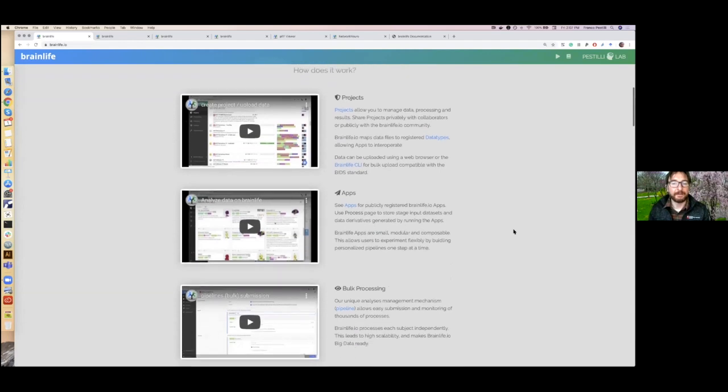So BrainLife is, normally we divide the workflow into projects. That's where most of the data management happens on the platform, and I will show you that next. And apps, which are the web services I was talking about recently. The apps are no more than GitHub repositories that often simply call shell scripts that can deploy Docker containers, Singularity containers, or also directly Python code or even MATLAB code,